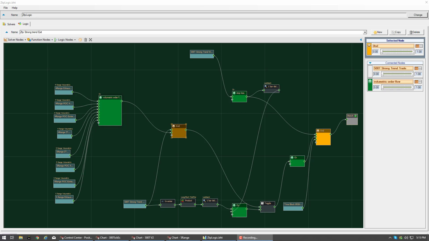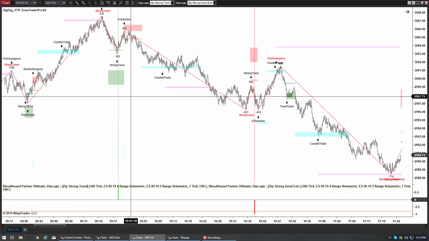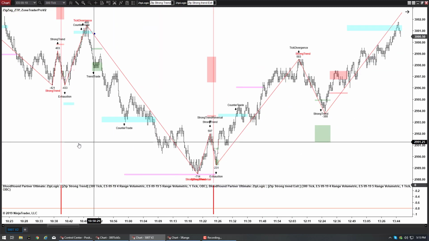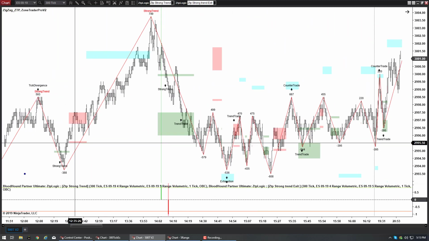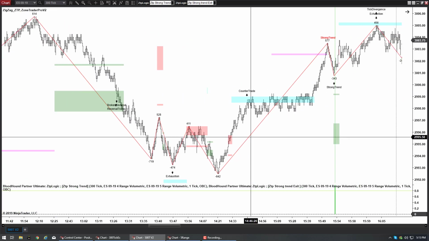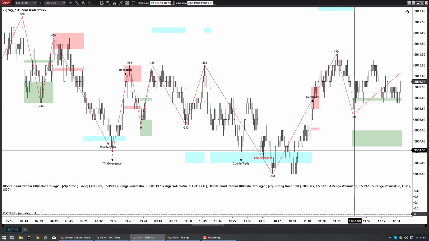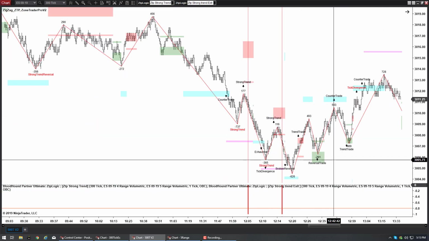Okay, I've gone back and cleaned up the chart now, so that all we're looking at is an exit for the strong trend trades. So we combine that with just the entries on the strong trend trades, and we should only see entries and exits for those. We can see 1 and 1, 2 and 1, 3 and 1, 3 and 2, 4 and 2, 5 and 2, 6 and 2,